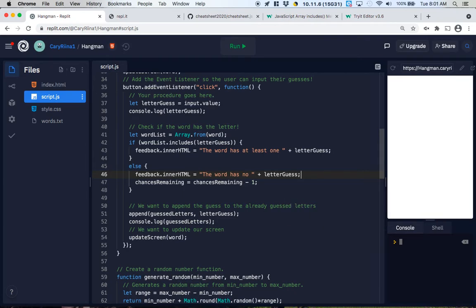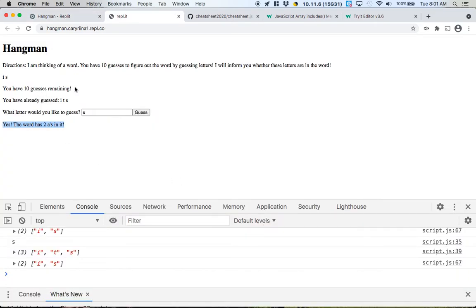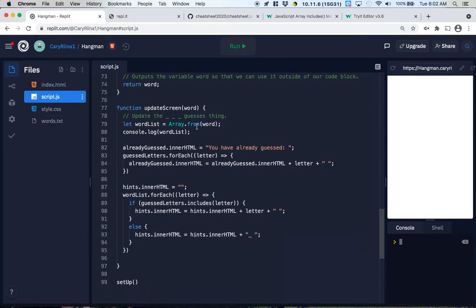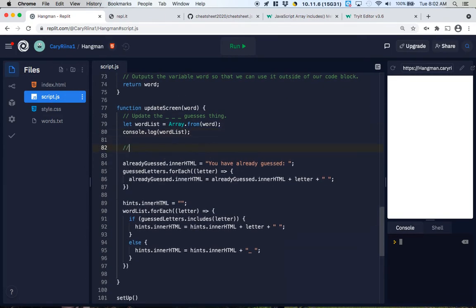Okay, let's see. There's one more thing left here, which is to update this chances remaining part. So I'm thinking to put this in the update screen function here. So whenever we update the screen, we'll update that. So we'll say something along the lines of